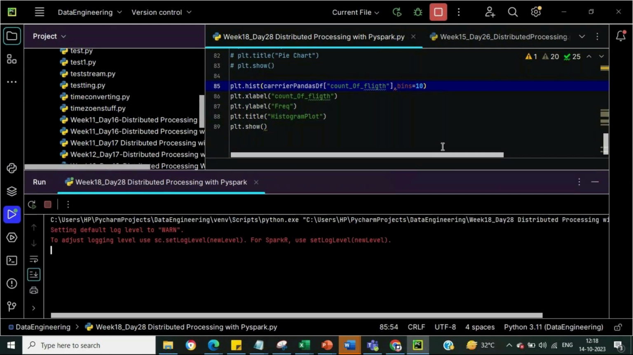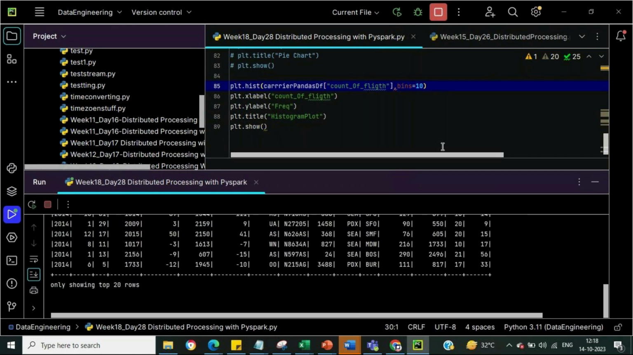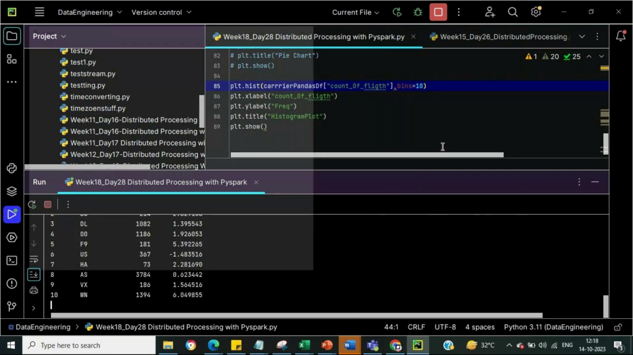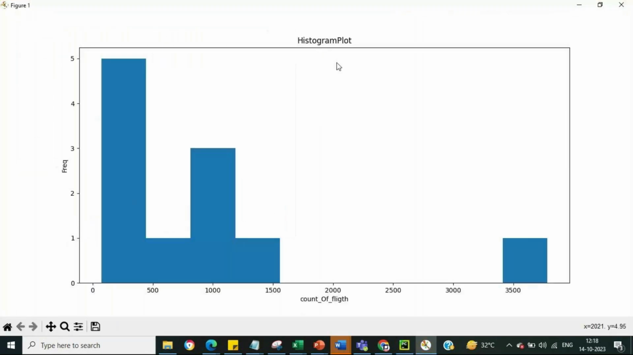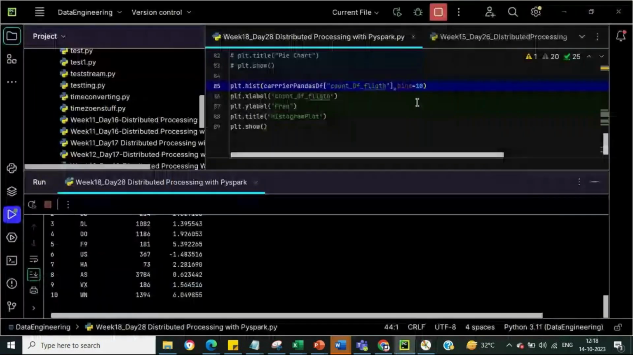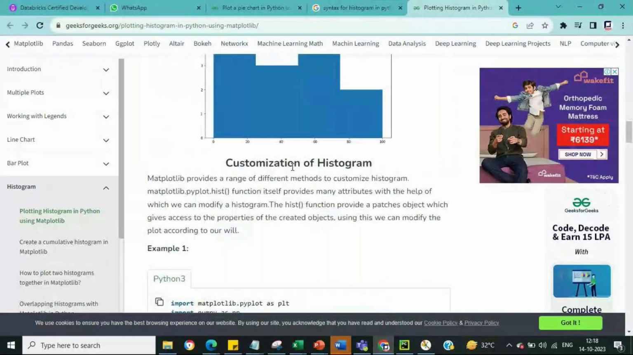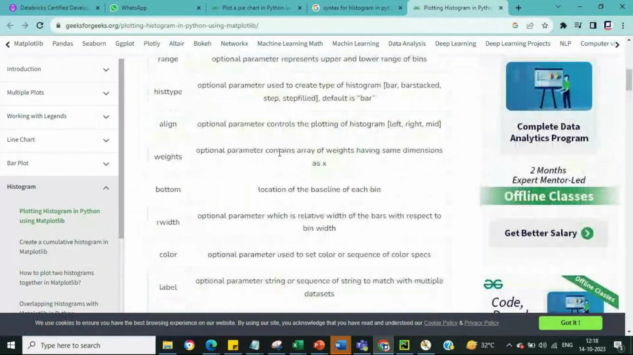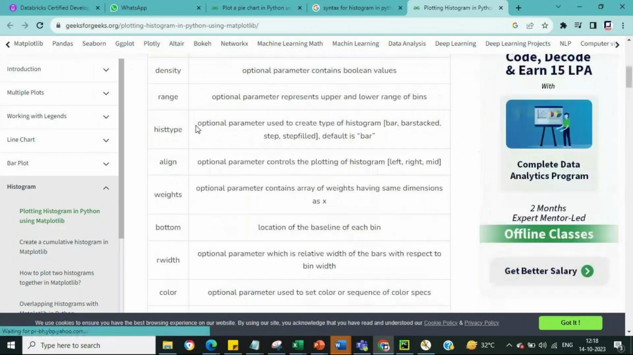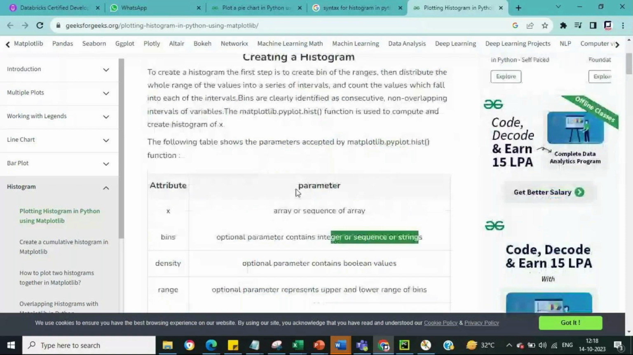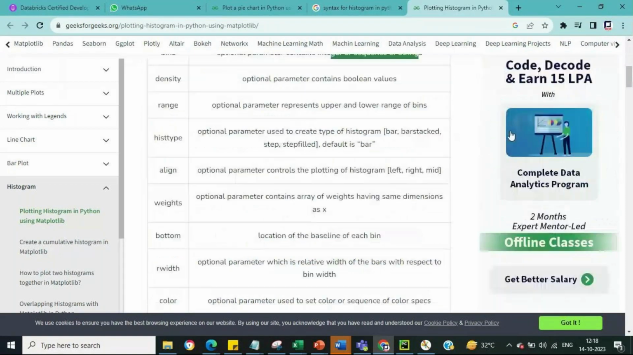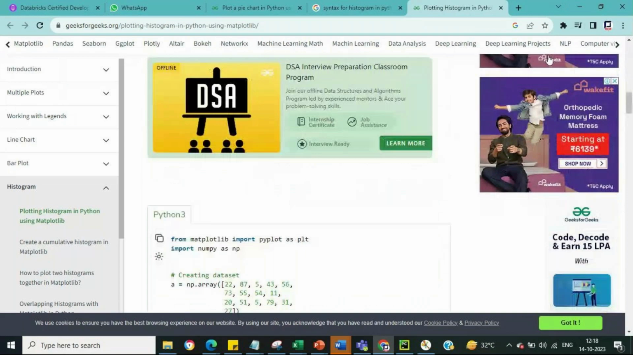So now we are going to plot a histogram plot on top of this particular data. So this is with respect to the histogram plot. Now over here, what we are having is bins. The bin is an optional parameter containing an integer or a sequence of strings. So what is this particular bin going to do? Say you are having